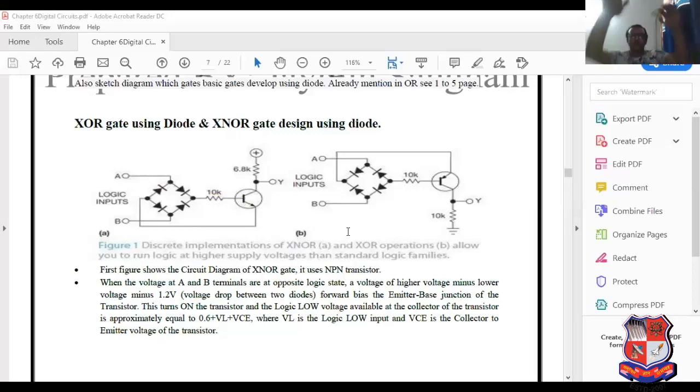Similarly, you will be able to understand XOR gate with the help of PNP transistor. So basically 4 diodes are required to design XOR gate. 4 diodes are required to design XNOR gate. So this is the correct explanation of logic gate. Integrated circuits like 7400 is known as NOT gate. 7432 is known as OR gate. Similar type of numbers I will discuss in lecture number 2, which is logic family. So this is the correct explanation of logic gate. The entire logic gate is completed in this lecture.